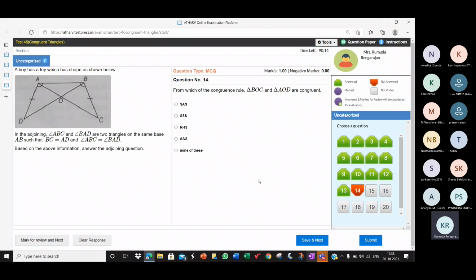They are not able to justify SAS. Shreyas says OD is equal to OC, but is unable to justify. Simply for the need of an equality, we cannot write something. We should be able to justify: either it is given to us or we have to show that they are equal. It cannot be like, they look like they're equal. No, that's not a reason. Shreyas, can you justify OC is equal to OD?